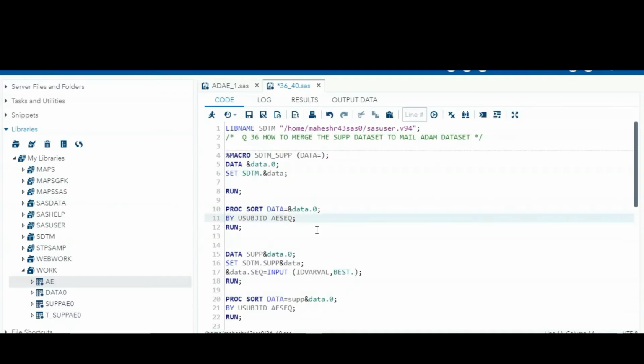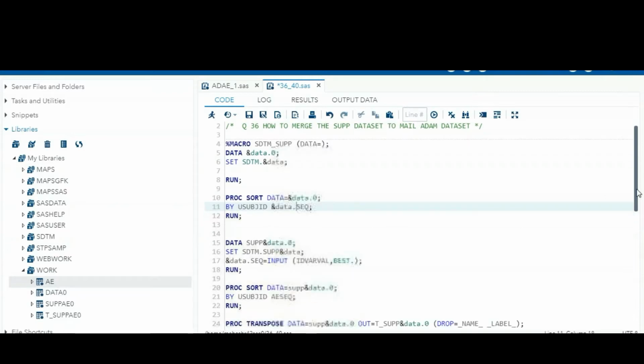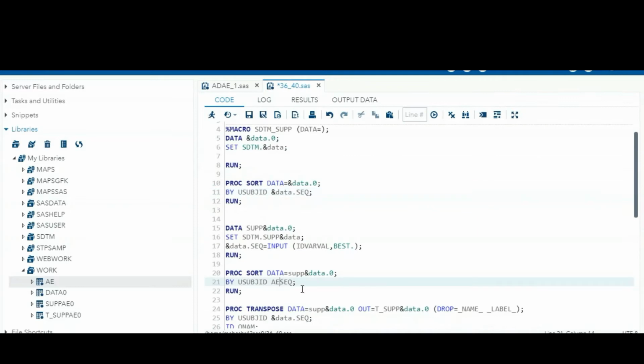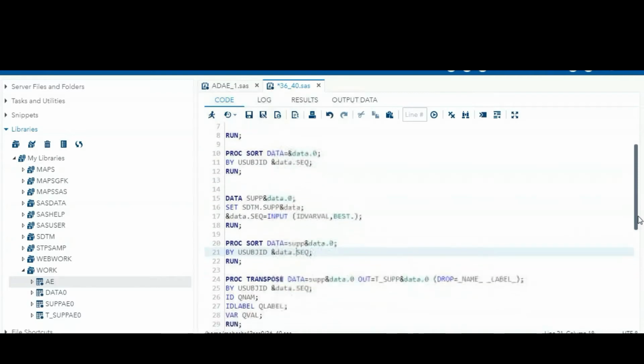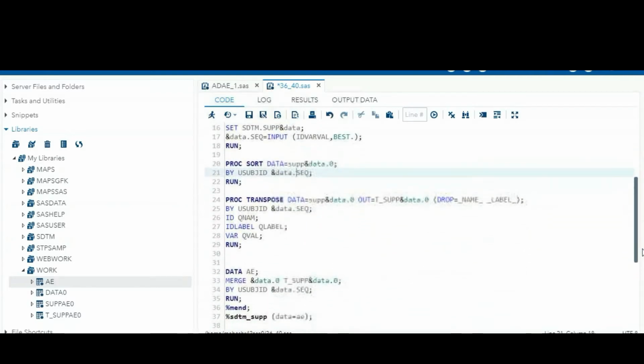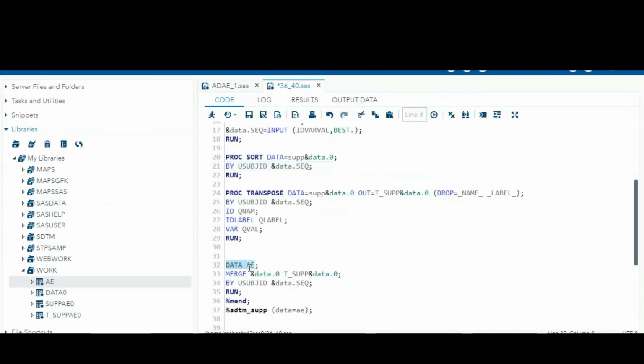Here the AE sequence, ampersand data dot sequence, and after that the supplementary domain data sequence, and here also ampersand data sequence. Here for the dataset name, finally you can give ampersand data.